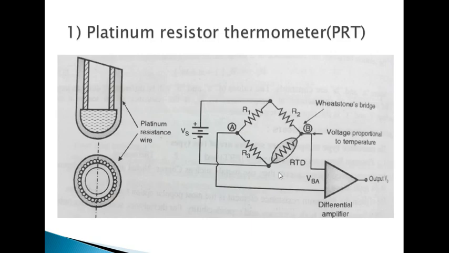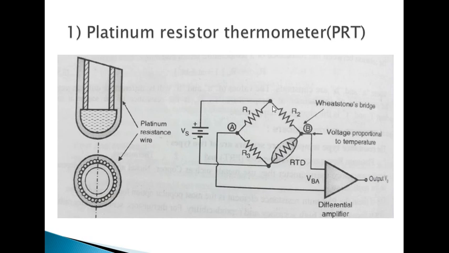So this is the electrical connection that we have to make for measurement of resistance. Carefully see this circuit. If you see these resistors R1, R2, R3, and in place of R4 we have connected R_RTD. We can also write here PRT, no problem, or resistance of a PRT. This is the RTD material that we have used. This is generally called a bridge circuit. The name of this circuit is the Wheatstone bridge. I think you may have studied, or you may study in future, what the Wheatstone bridge is.